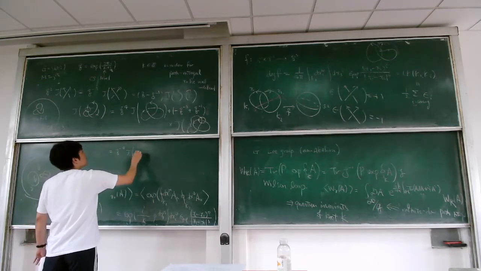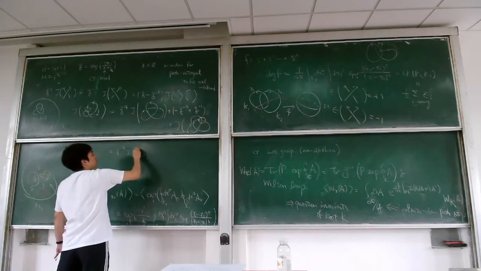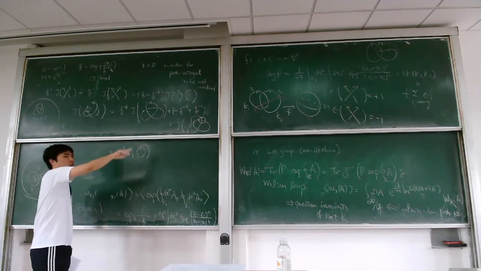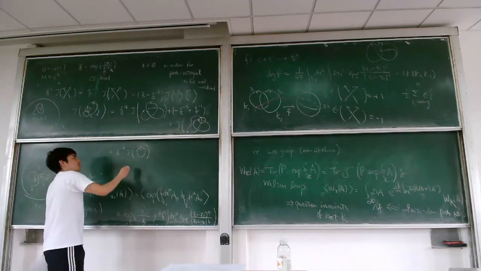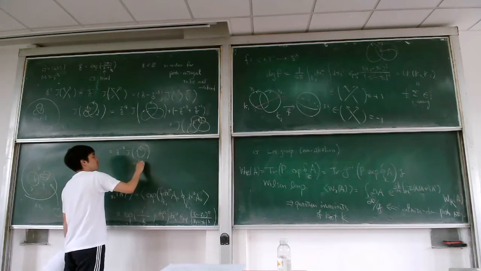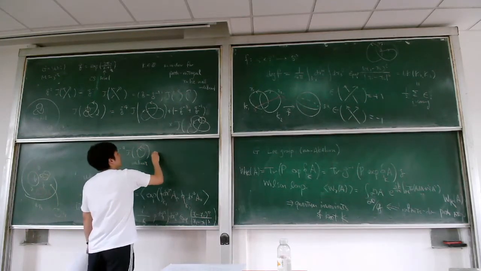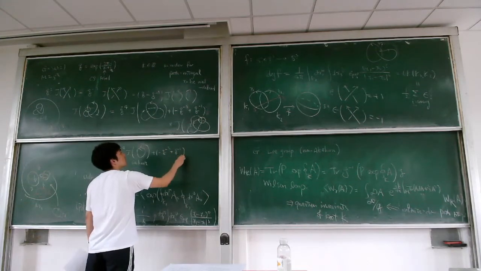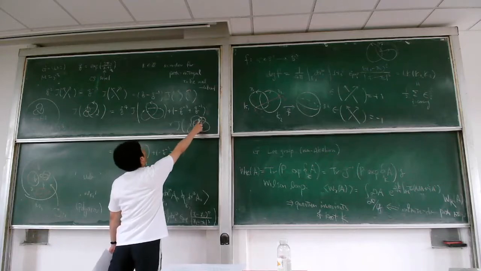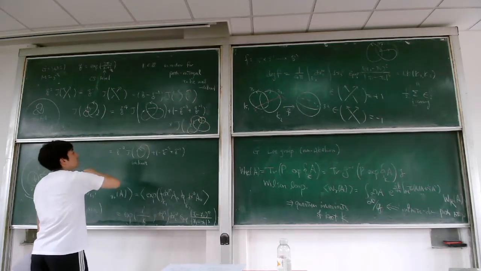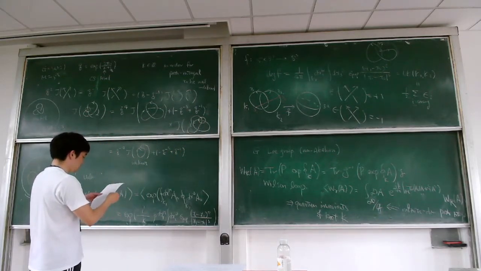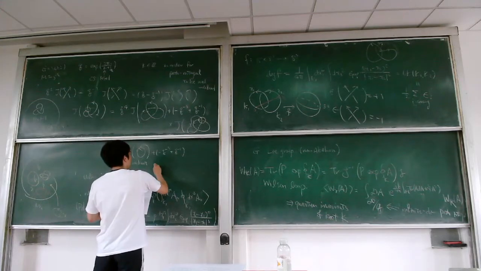And J is, this is indeed the same as the unknot. So it's just a circle. It's called the unknot. And then minus q to the minus 3 plus q to the minus 1. And apply the same thing here. And what you get is times